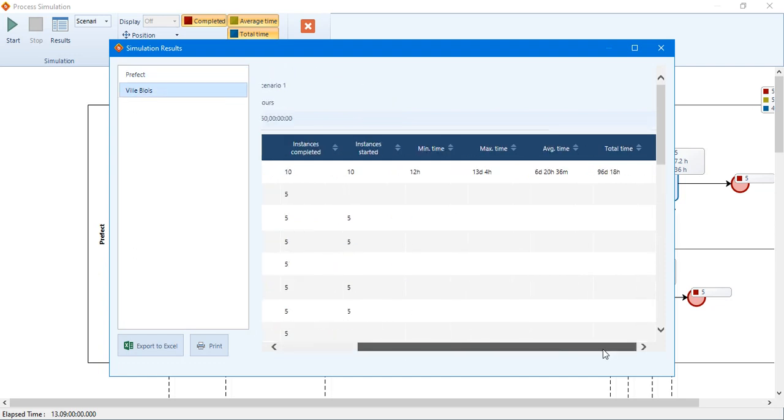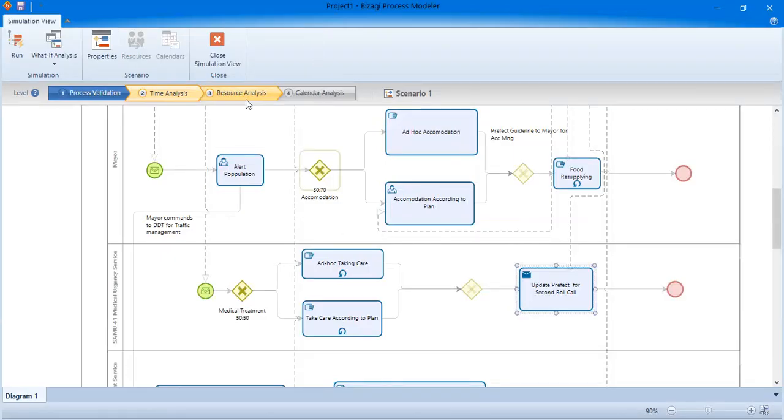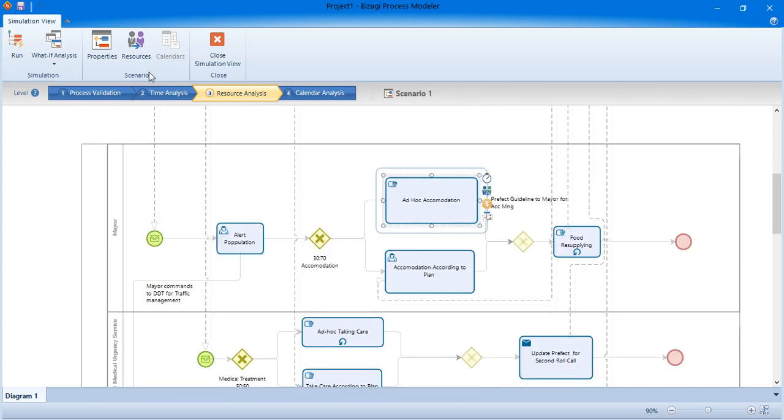For example, these 5 crisis management events overall took just 96 days, 3 months. If it's not acceptable, you can fine tune the process and make improvements in your overall process and timeline. So it's really helpful. And after that, we'll go to resource analysis, where for each activity,